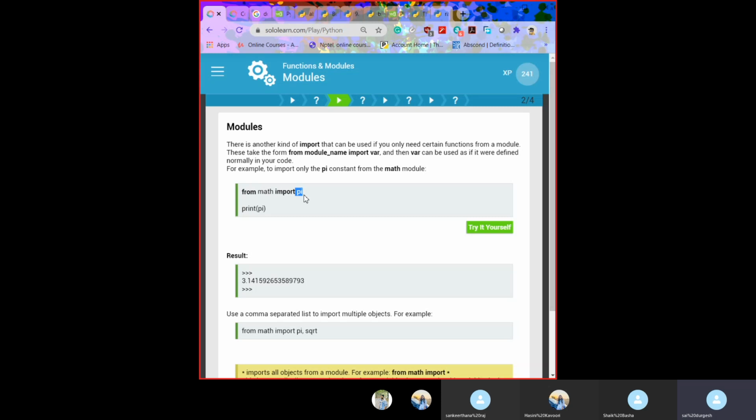Pi means the pi value of a circle, which will execute like a constant value, used with the radius of a circle.